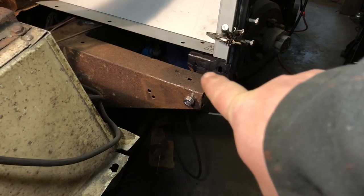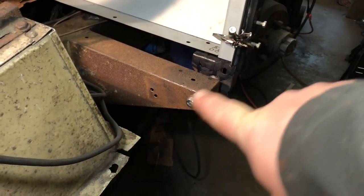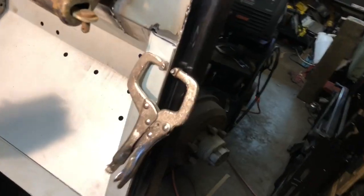So you can kind of see the gap here. It comes right over to there. So I'm thinking that's in the right location right here. So we're all good there. And I actually,